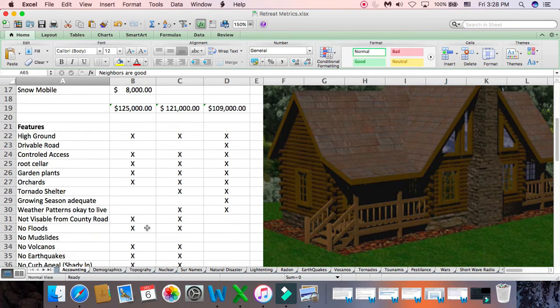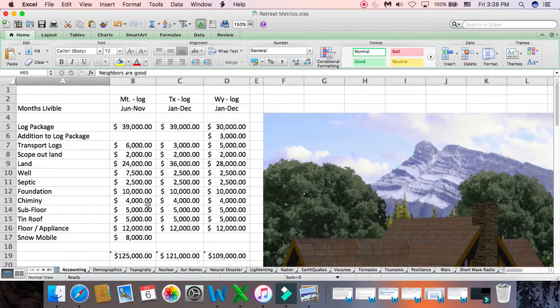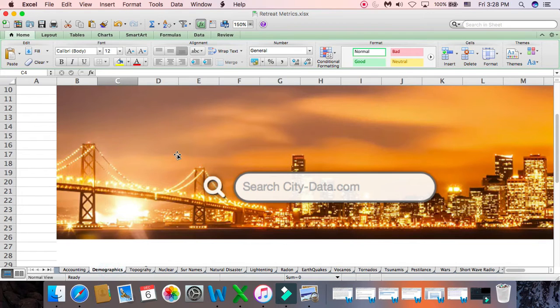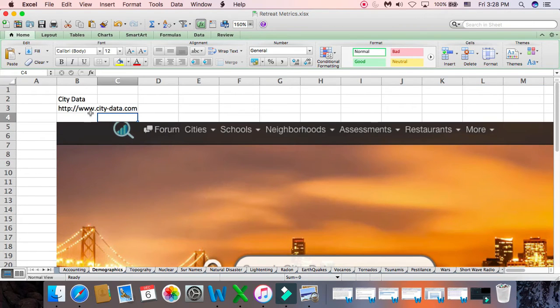So let's go down. Again, this is the accounting tab. It's not a budget, but it just kind of bakes out some numbers so that you've got something to talk about with family members. The demographics, the best website I found was city-data.com. You can go in there, and any city in the country, I don't care if it's Boise, Idaho, New York City,